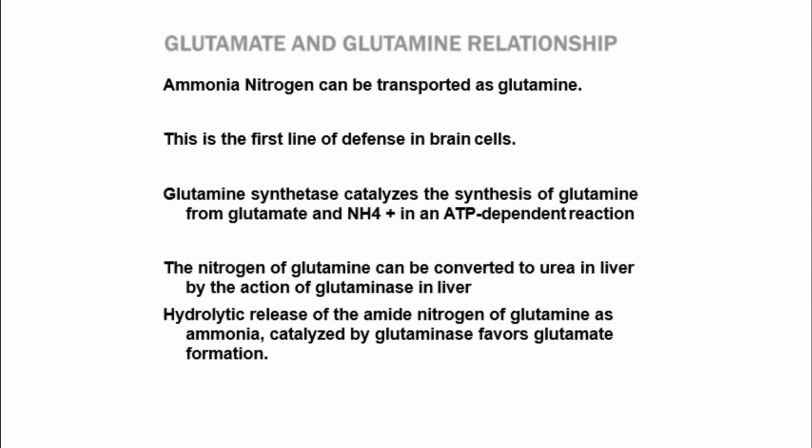So the ammonia that we have in the body can be transported in the form of glutamine, which can ultimately be passed on to the liver. What will the liver do? The liver will convert this glutamine into urea and ultimately help us to eliminate it